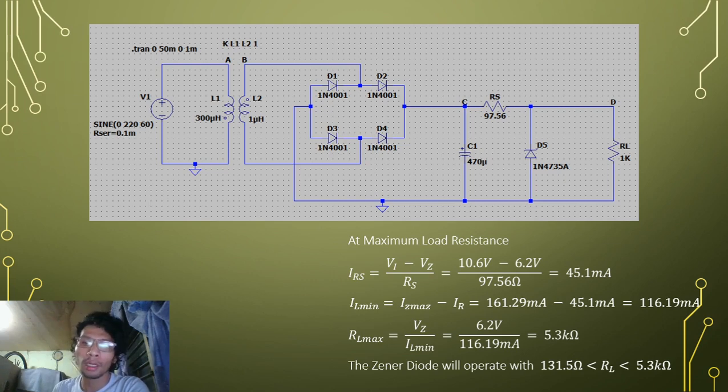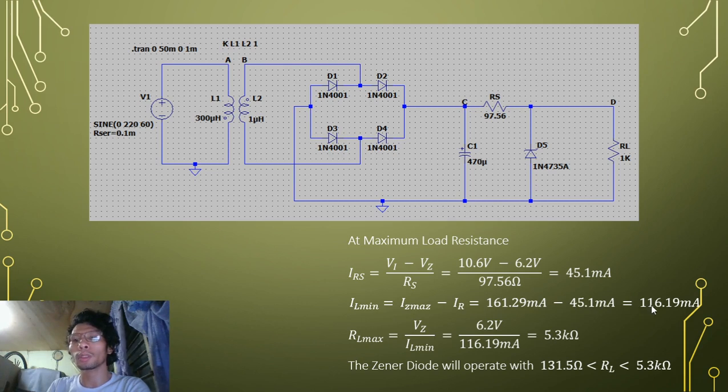And to find the minimum current of the load, the equation is IL min is equal to IZ max minus the current on the current limiting resistance, and that is 161.29 milliamperes minus 45.1 milliamperes, and the result